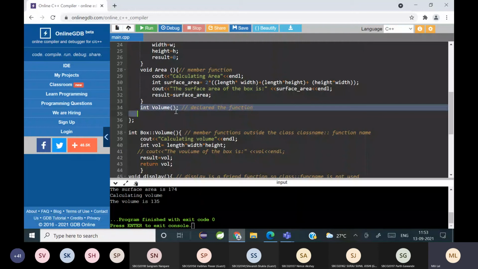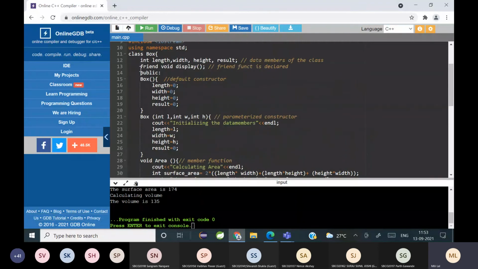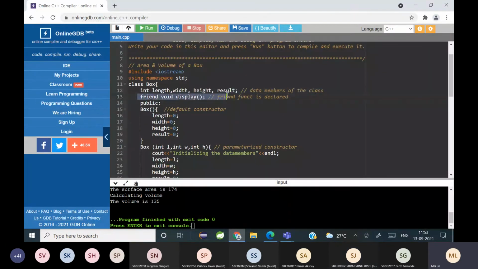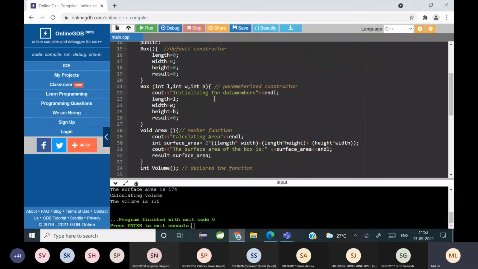See, int volume किया ना, but यहाँ पे देखो, you need a keyword friend. देखा? Then only the compiler will understand कि display is not a member, it's a friend function. Saw the difference? Yes. Okay, so the declaring part is different. You need a keyword friend in the case of a friend function.